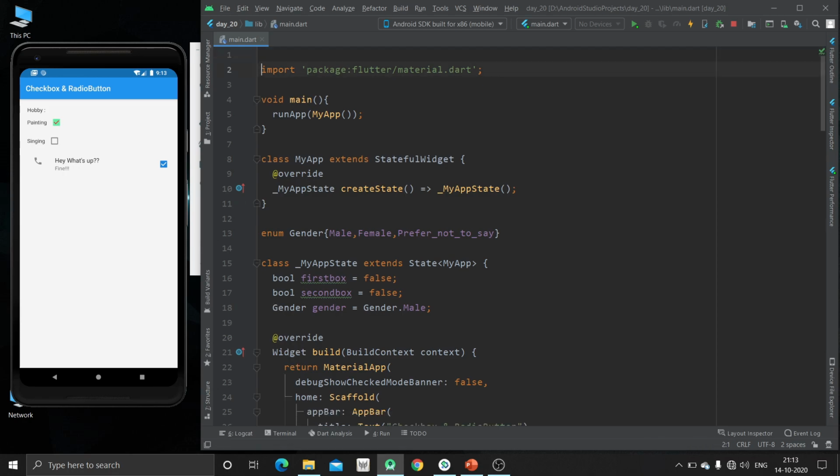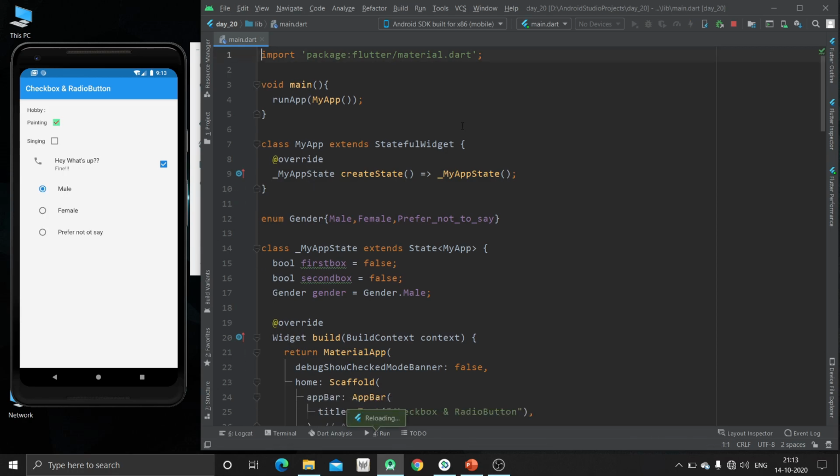Now just hit Ctrl and S. Now you can see here we are having 3 radio buttons. We can select any of these, any one at a time, not 2 or multiple like we can do in checkbox. So this was all about the radio buttons and checkbox. So thank you and have a nice day.